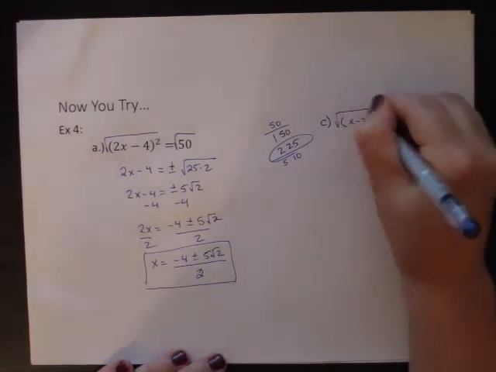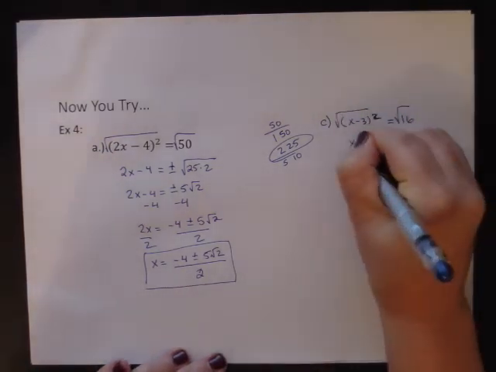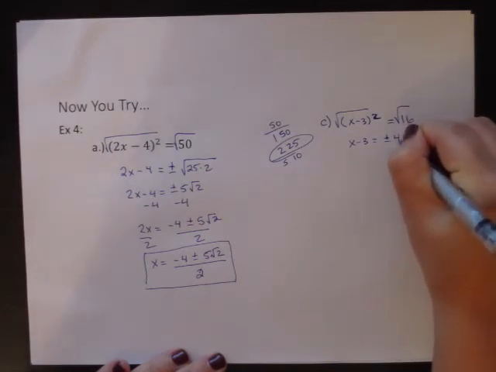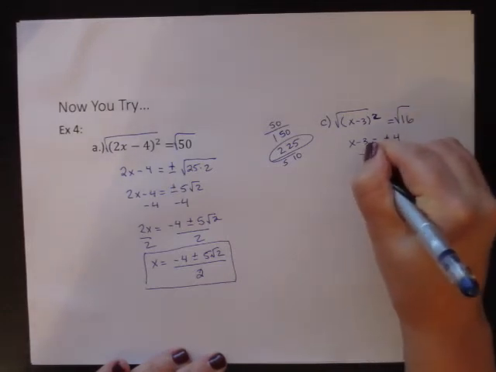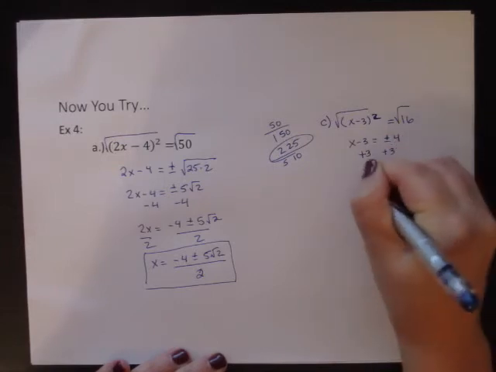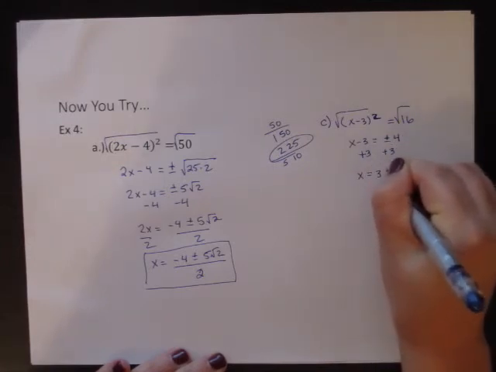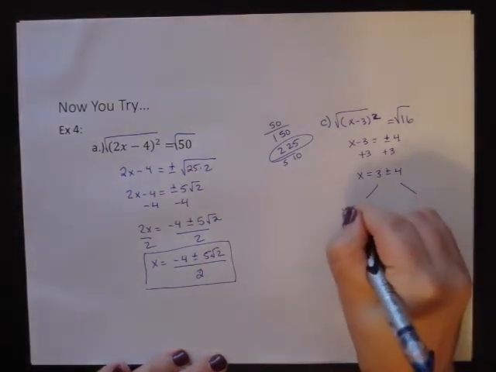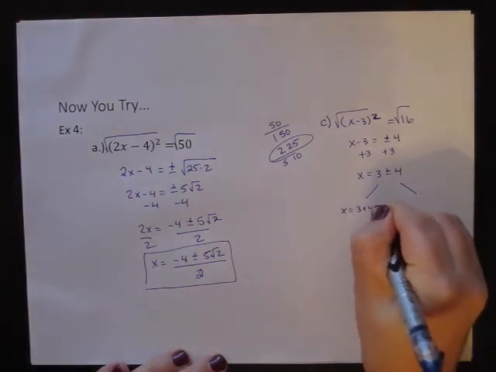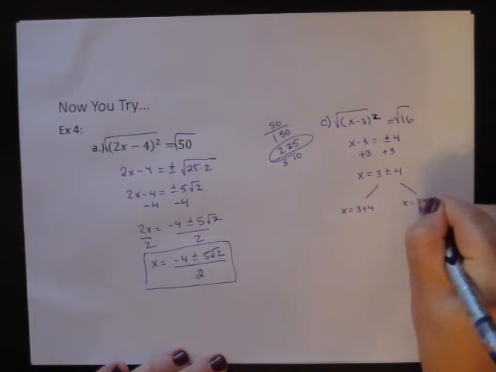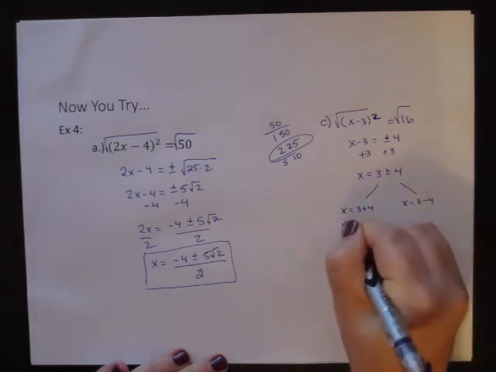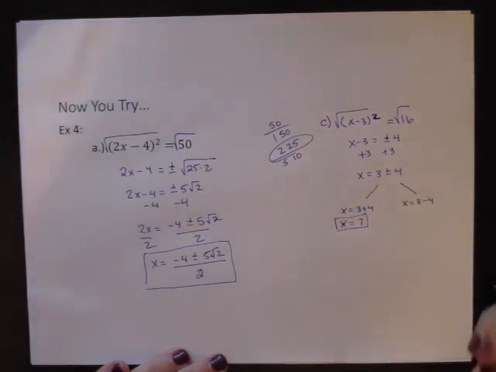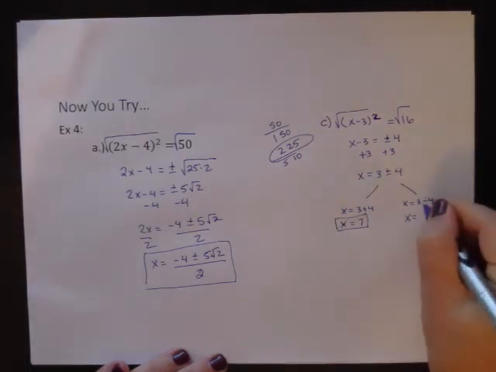Alright, so for both sides I'm going to take the square root. So I'm going to get x - 3 equals plus or minus, since I put the square root in there, of 4. Next thing I'm going to do is add 3 on both sides. So I get x equals 3 plus or minus 4. This one I do have to split up because I don't have a radical, so I've got x equals 3 plus 4, and x equals 3 minus 4. Therefore, one of my answers is going to be 3 plus 4, which is 7, and then 3 minus 4,